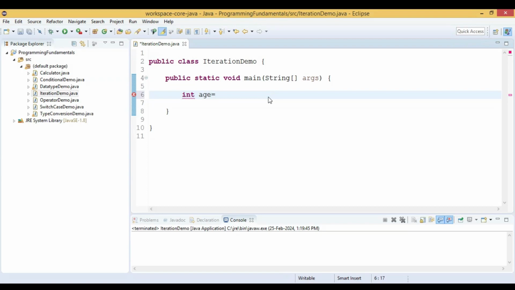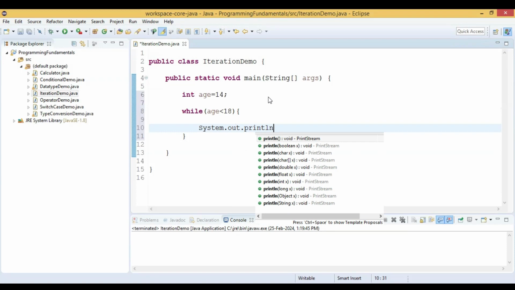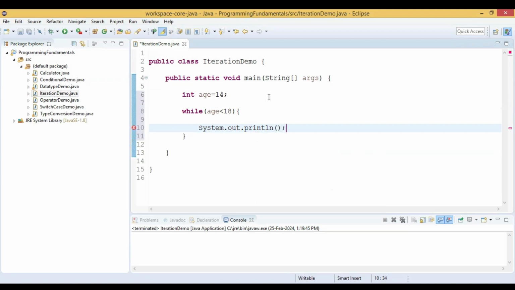So let us declare a variable int age equal to 14. I am going to use a while loop in this case. While the condition I am checking is age less than 18, if the age is less than 18, then I wish to print some statements like System.out.println,